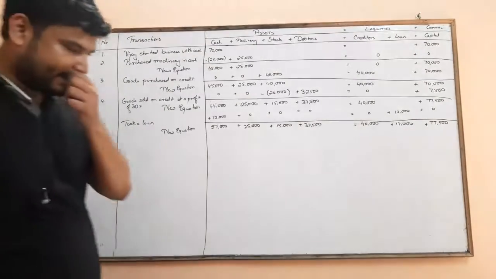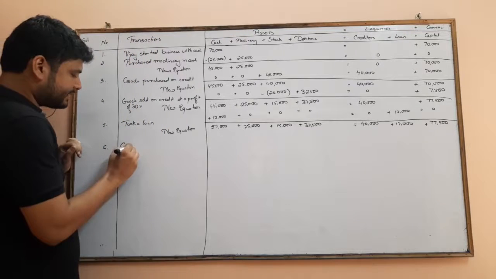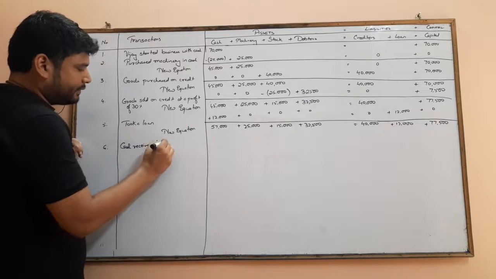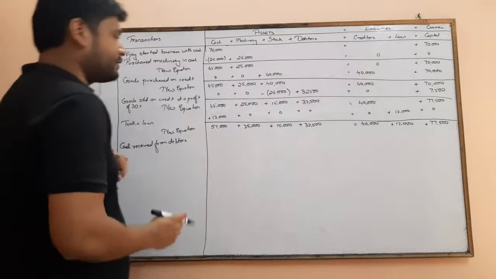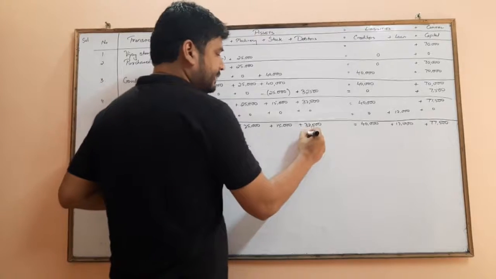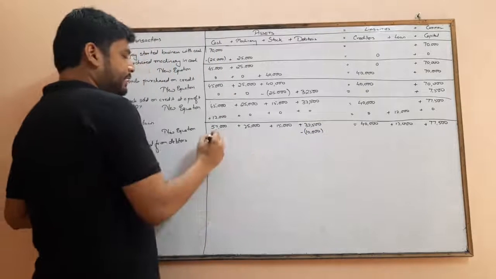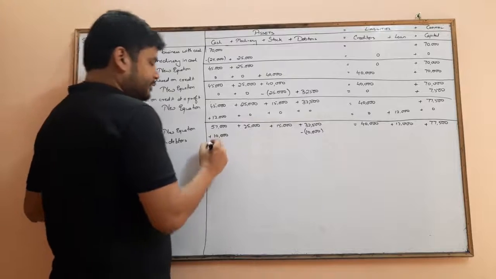Now coming to point number 6. Point number 6 says cash received from debtors rupees 10,000. Cash received from my debtors. The debtors have paid me rupees 10,000. So debtors minus 10,000 from here. And this came in the form of cash. So 10,000 will be added in the cash. So my new equation